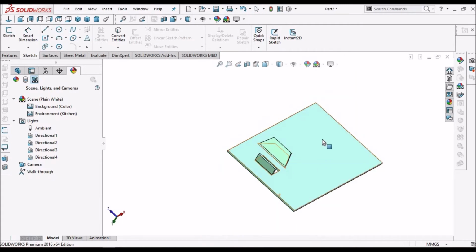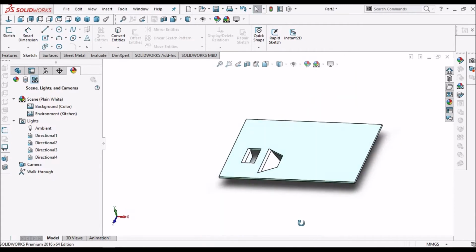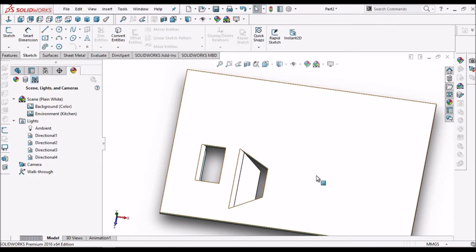So this is how this lancing feature is placed here.